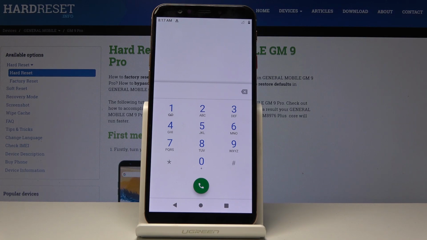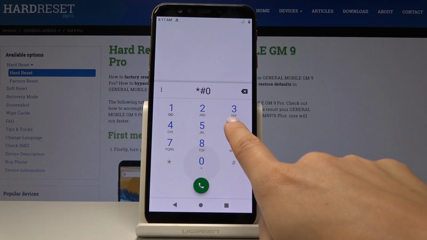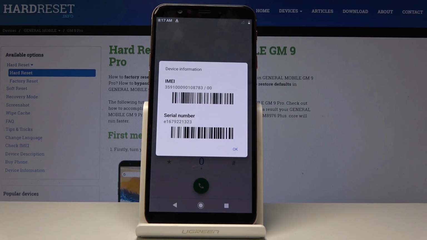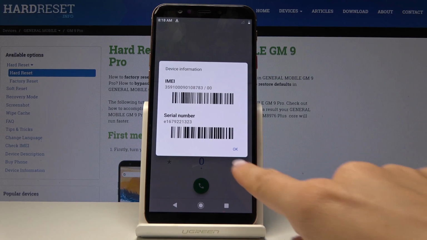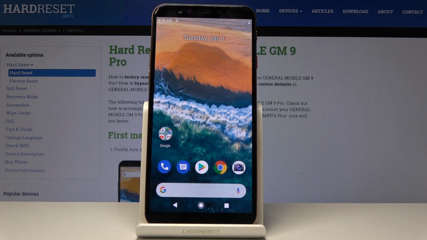And then the last code, very useful one, but also the shortest, is *#06#. And this one will provide you with two unique numbers that are assigned to your General Mobile, which are IMEI number and also serial number. Click on OK to go back, and that's basically all. These are all secret codes for your device, for your General Mobile